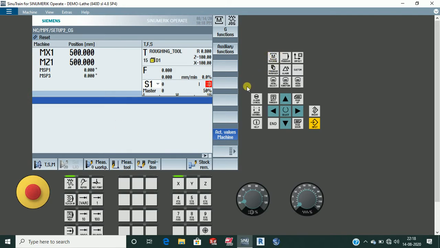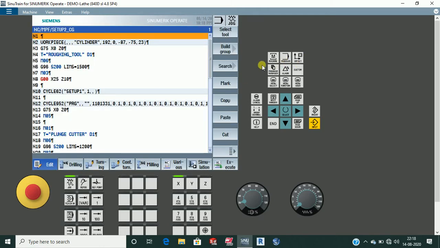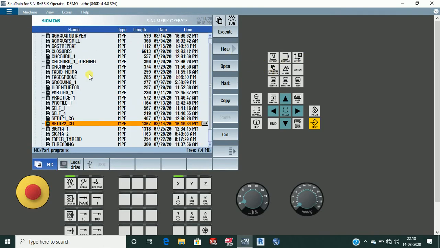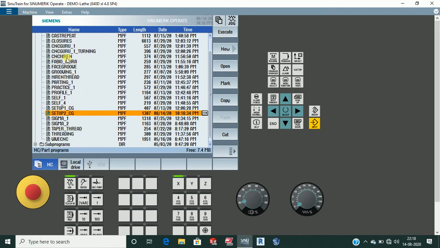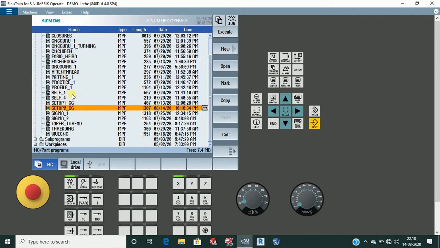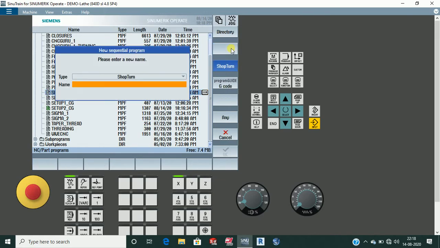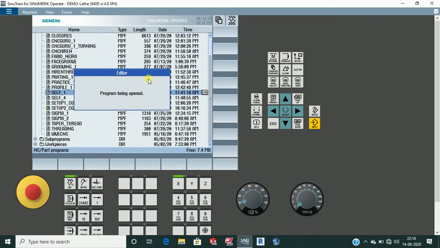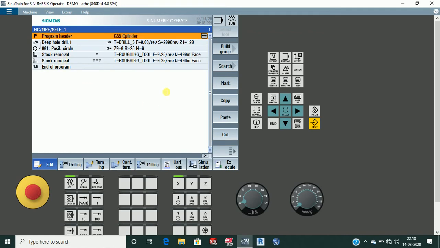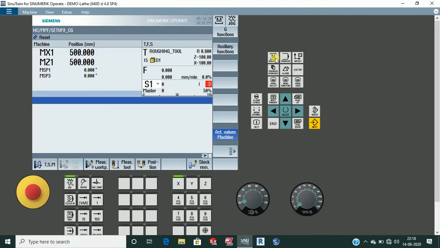The next button is the program button. Let me open one program. Suppose I was working on this program, and suddenly I pressed the machine button and this window opened.